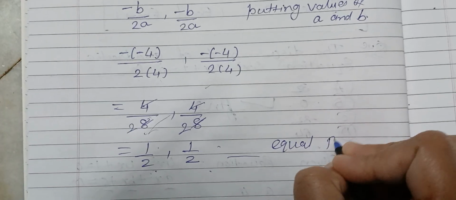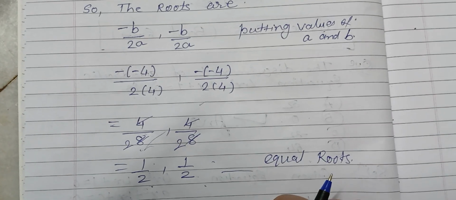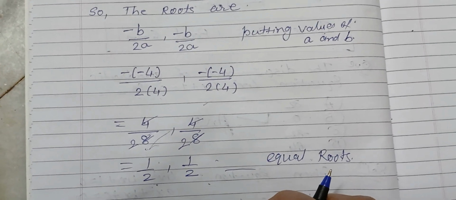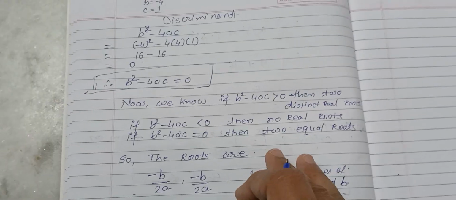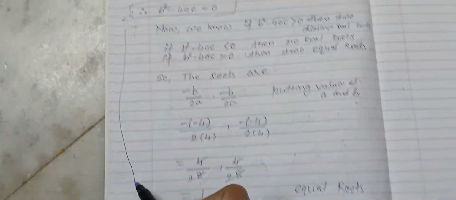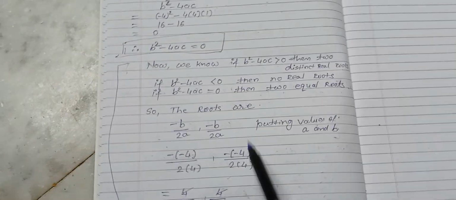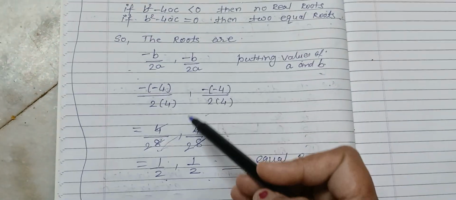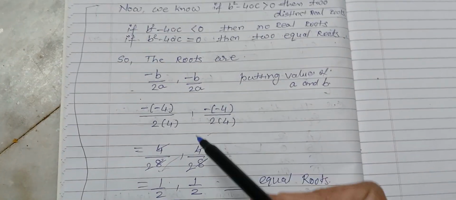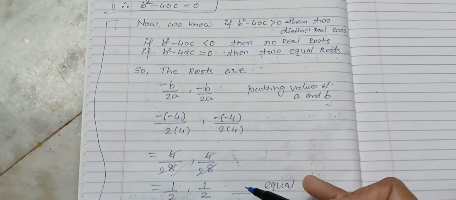This is not asked in this MCQ, but might be asked in another exam, or in a long question. It might be asked that not until the discriminant you have to find, but you need to go further to find out the roots of that quadratic equation. So this entire part, I am giving you as an additional note that this can be asked as a long question. In the MCQs you might be asked until the discriminant, but for the long question you should know how to find the roots, how to put the values and understand the three conditions. That's why I have explained this in a bit longer manner.